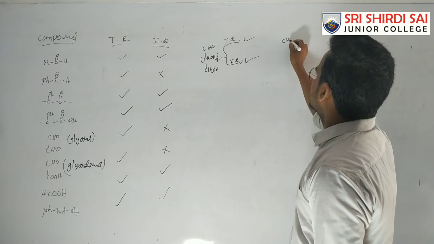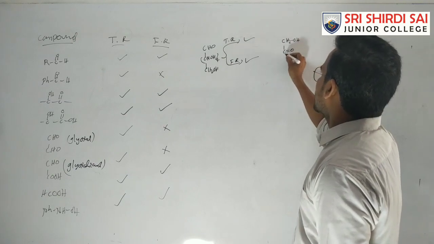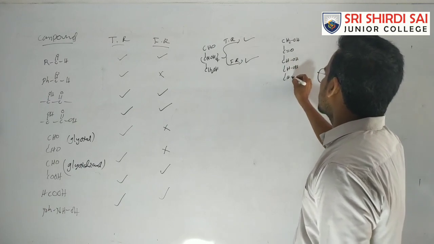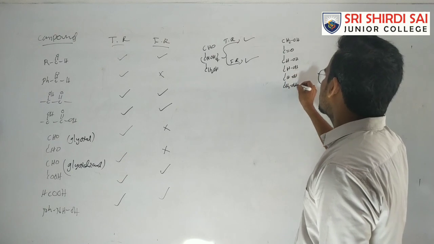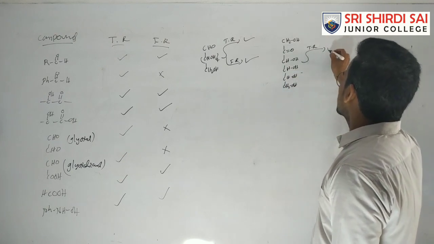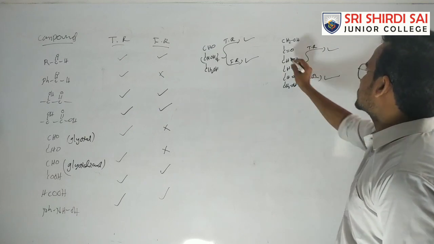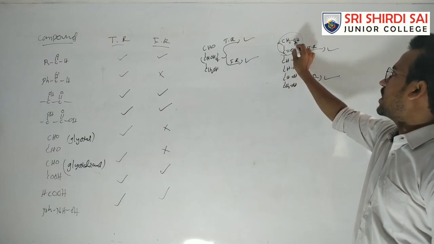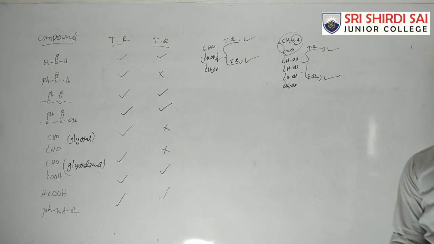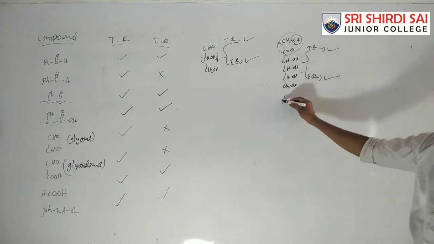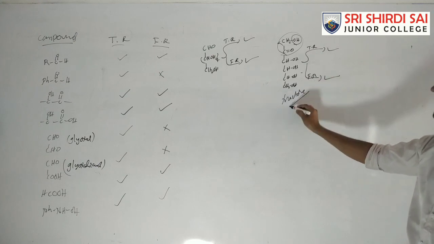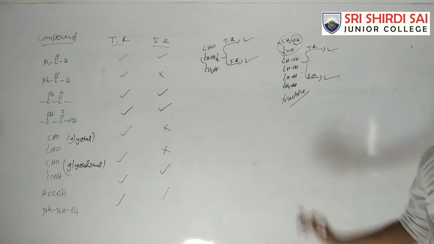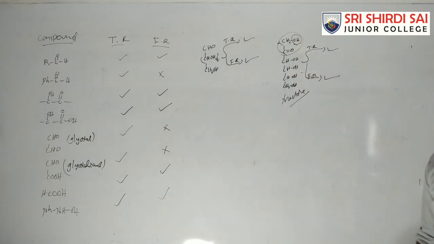Suppose this one is fructose. Fructose contains a ketone group, but it can react with Tollens reagent as well as Fehling's reagent because it is an alpha hydroxy ketone. On the alpha carbon there is an OH, so it is an alpha hydroxy ketone. So here fructose, even though it contains a ketone functional group, gives a positive Tollens and Fehling's test because it is an alpha hydroxy ketone.